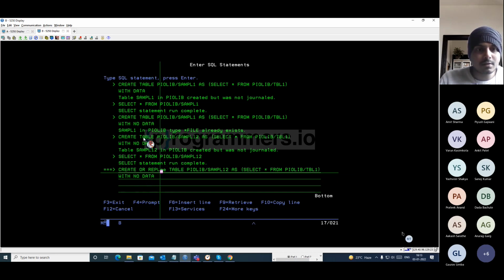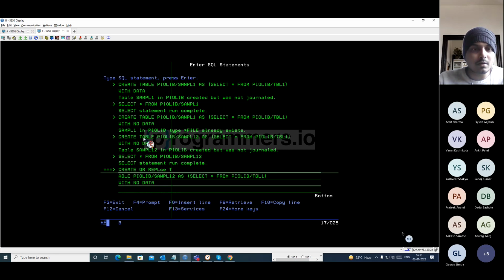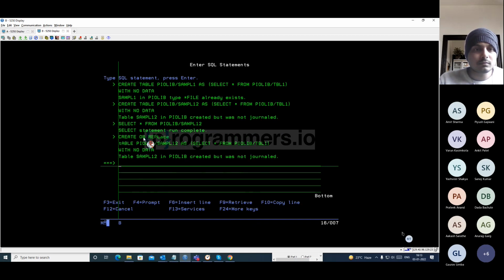So what this will do is, if it is created, then it will replace that table as well. Otherwise, it will just create that table. So that's why this or replace has been provided in IBM DB2. Okay, this is how it works. And the next thing will be